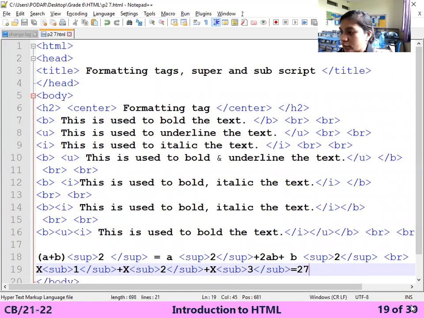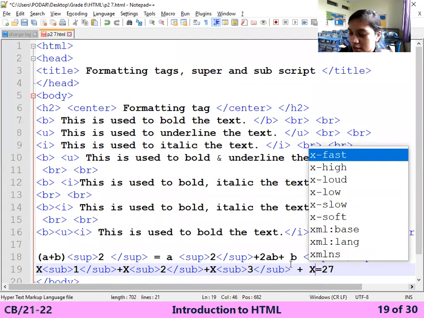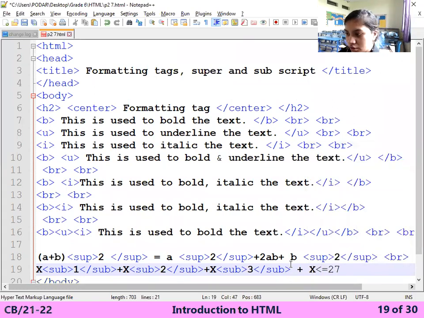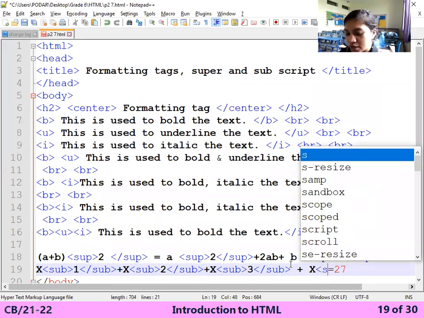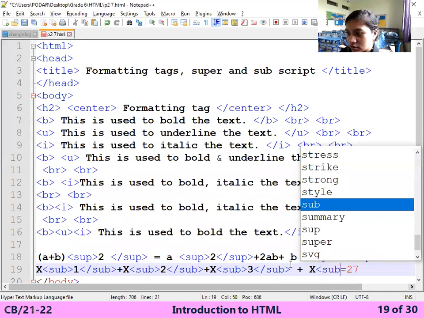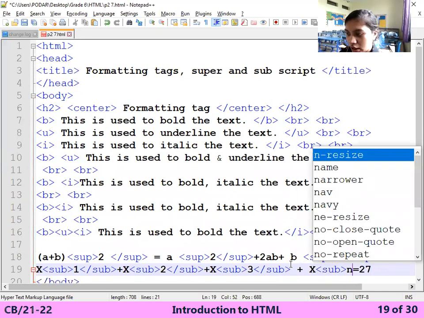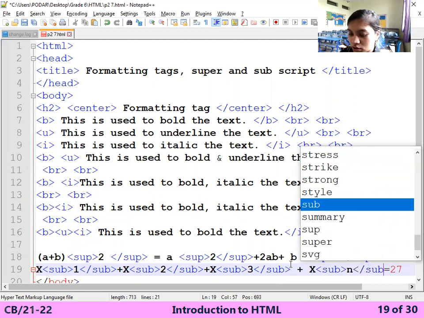One more thing I want to tell you: you can use text also in place of the numbers. Plus x, in place of 1, 2, 3, I want to use the n. Subscript and close the subscript.